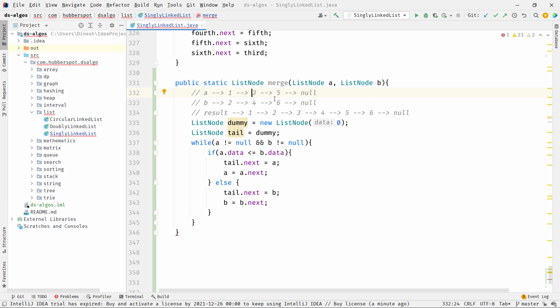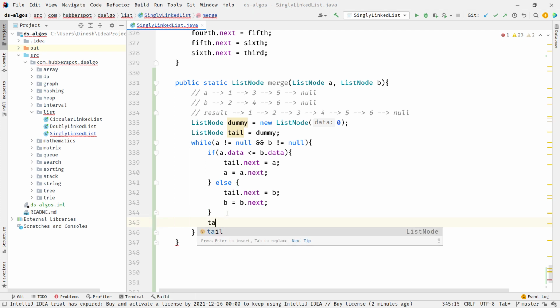Why are we doing this comparison? Because we need to get this list sorted. In this while loop we are comparing each and every element of A and B, and whichever element is smaller we add that node into tail's next, and then we move the respective references to their next node so that we can compare the next element.